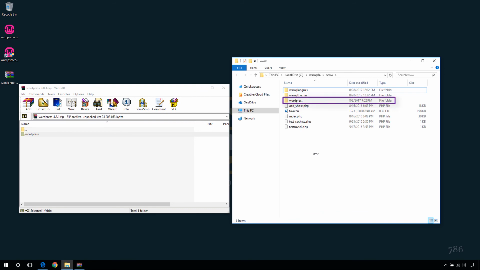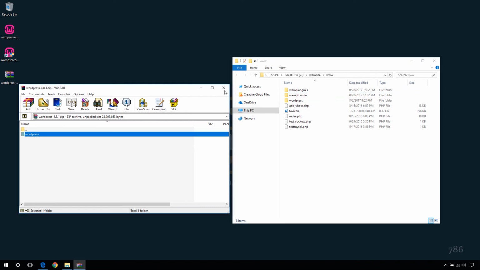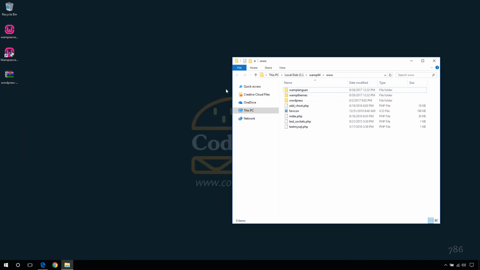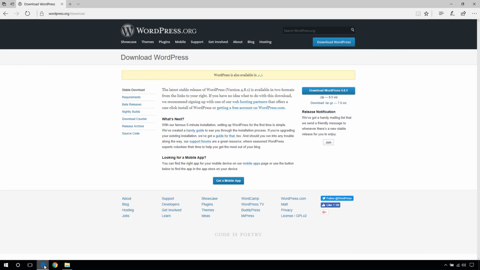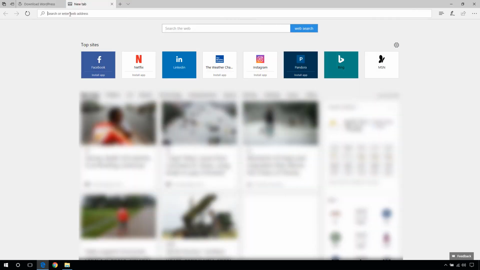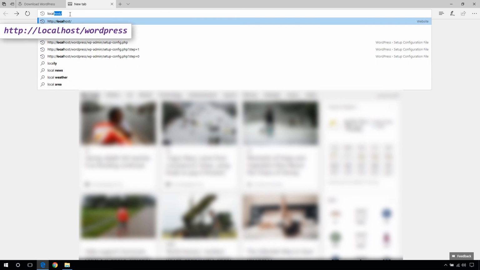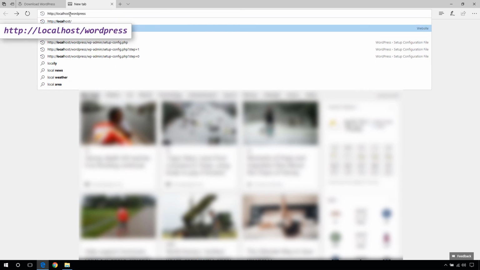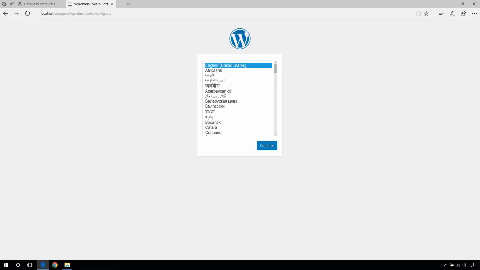Rename the folder anything you like because this is going to be your default WordPress home directory. You can work on multiple sites just by creating a new folder in www directory and copying WordPress files in it. To serve the directory through WAMP, all you need to do is open your browser and type localhost / your WordPress home directory name. This will start the installation and configuration of WordPress. Let's quickly go through these steps.